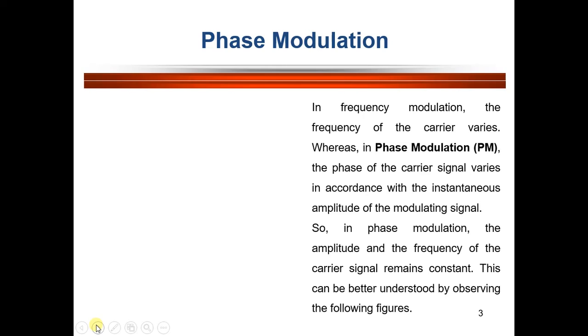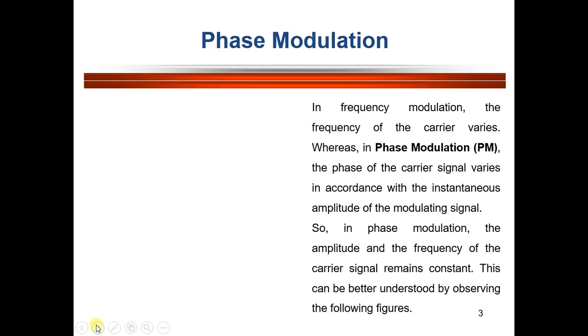Modulation is of two types, amplitude modulation and angle modulation. Amplitude modulation is the amplitude variation by keeping the frequency and the phase constant. As we discussed earlier, in angle modulation, the frequency is varied in case of